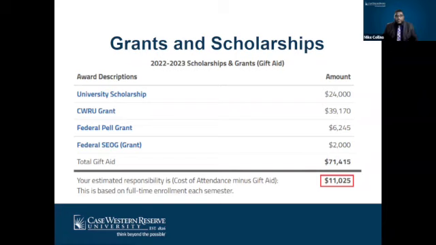We do try to be very intentional. And so when you see something that says scholarship, it means that it is a scholarship. It is not going to change. It was based off of the information that you submitted for your application for admission, or any information that you may have submitted for some of those additional scholarships that were released on April the 1st. And so because it says scholarship, you can rest assured that you have that funding for the full 4 years,